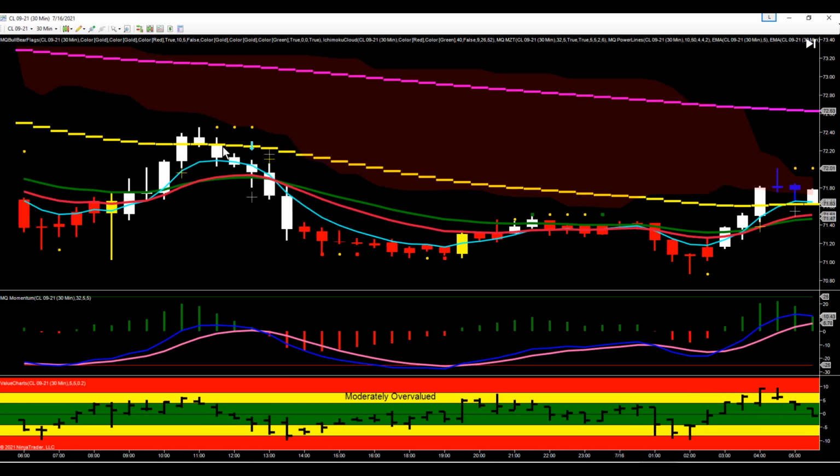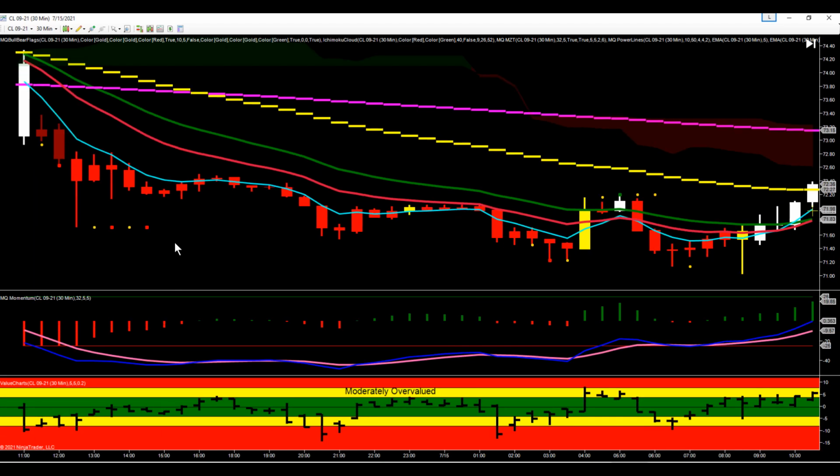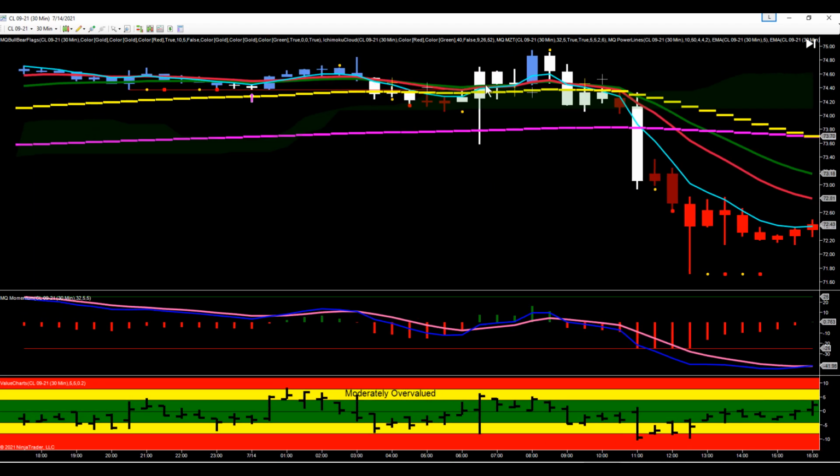And then a couple times here, multiple times here. So as you can see, the 50 EMA is a significant line of support and resistance, and